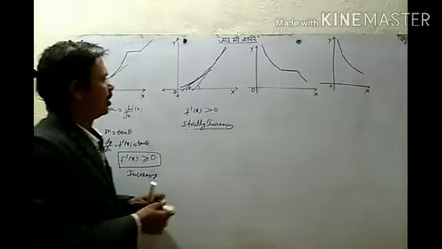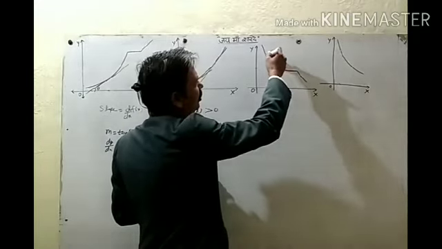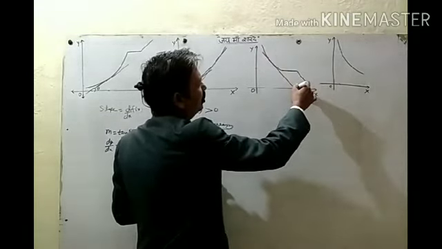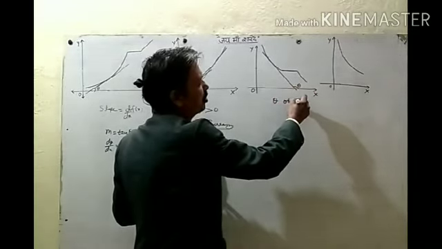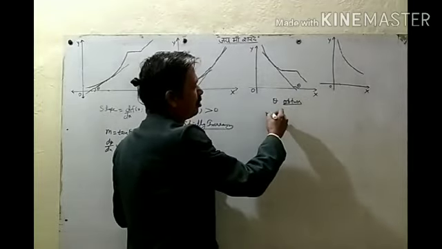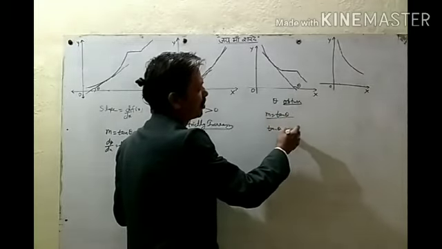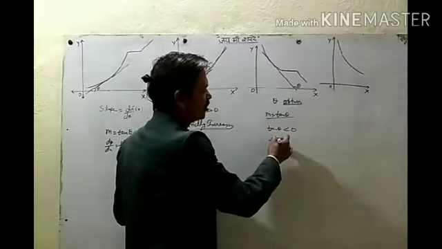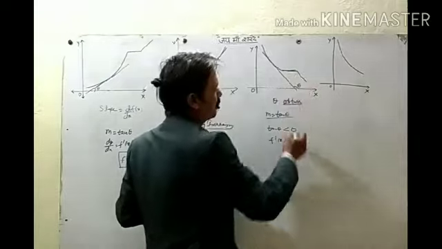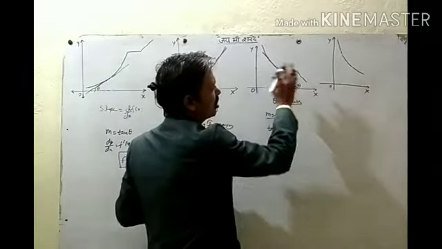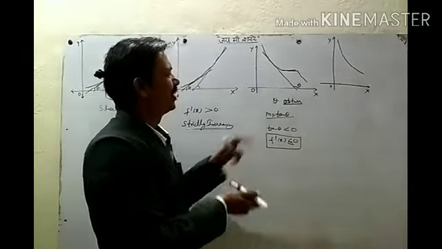Okay? Then f dash of x, here in this case, if we draw a tangent here, then theta. Now in this case, theta is obtuse. So m equal to tan theta, the value of tan theta will be less than 0, meaning f dash of x is less than 0. Okay, and somewhere it can be equal to 0 also, because its value is constant. So f dash of x is less than or equal to 0, then your function is said to be decreasing